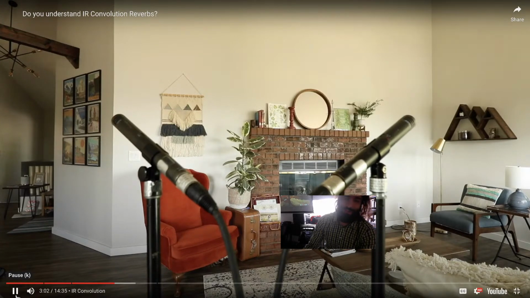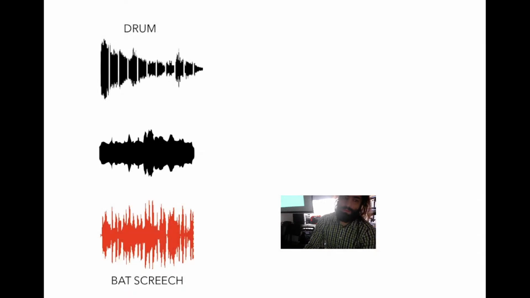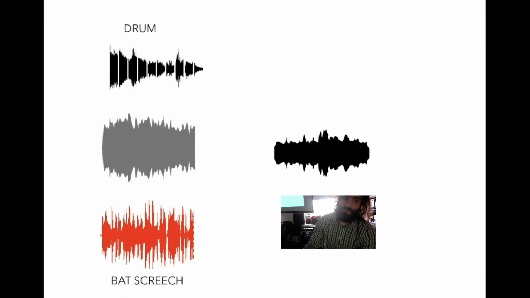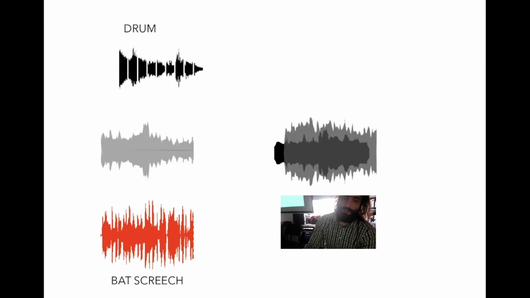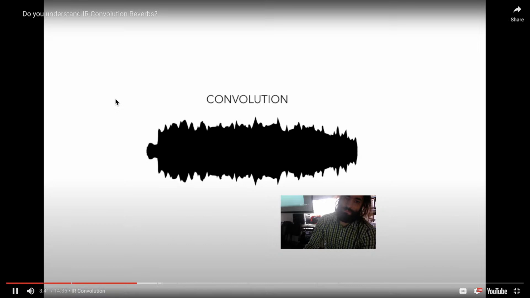Now, if we could use microphones to record the sound of a single bat screeching one time into a room, we could use that audio file as an impulse response for our reverb. The software would take the incoming audio signals, like a percussion track, and break the sound up into tiny little bits, and then take each bit and stretch it out over the impulse response file until they all take that shape, and then recombine or convolve all the newly formed audio bits in order again, so that the drum sounds like it was in the room, just like the bat. However, not only will the drum take on the characteristics of the room from the impulse response file,